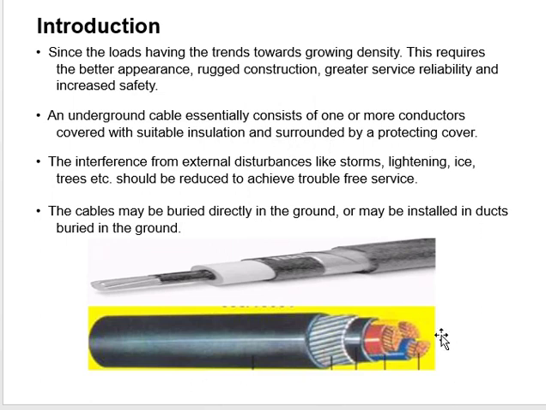Now this is the core of a conductor. This cable may consist of one core, two core or three core. Therefore this is a three core cable, and this cable is a single core cable. This cable consists of a number of insulations. This is insulation number 1, insulation number 2, insulation number 3, insulation 4. These are 4 types of insulation, different types of insulation we are providing to this type of cable.